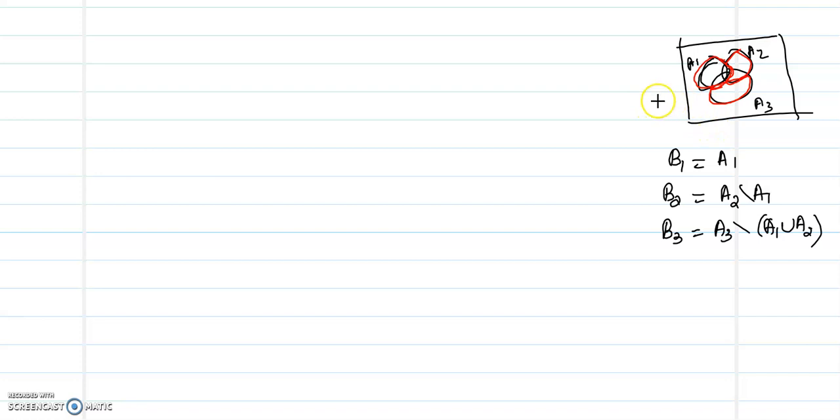Now we need to show the same for the infinite case. So let us see the proof. Again, we choose the B_n in the same way. So we'll show that it will work for any n. So for any value of n, we'll show that union i equal to 1 to infinity B_i is equal to union i equal to 1 to infinity A_i. So let us see the proof. So the result is trivial